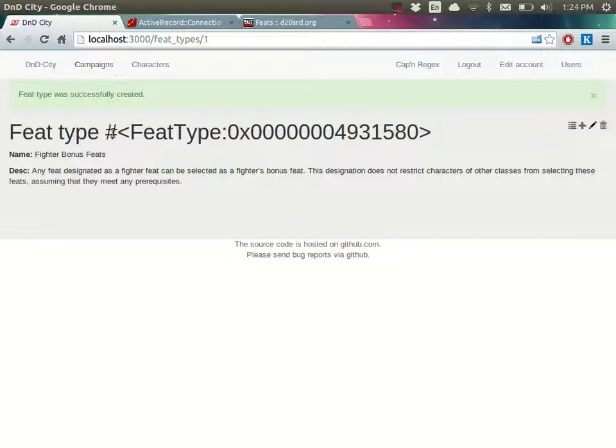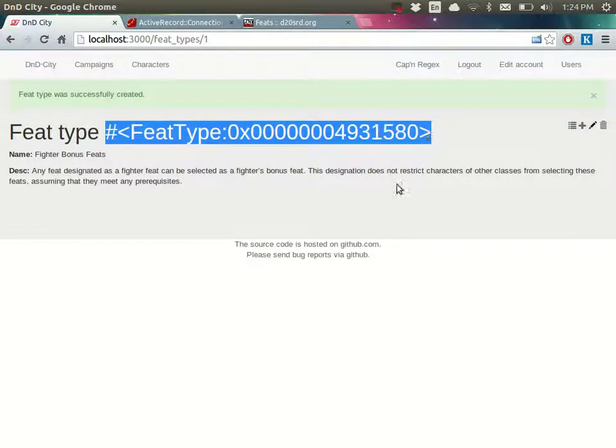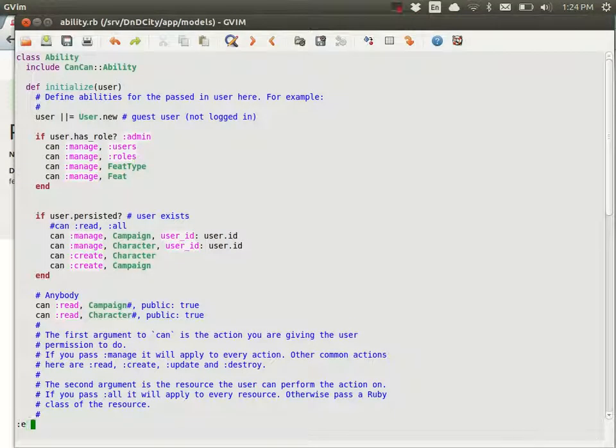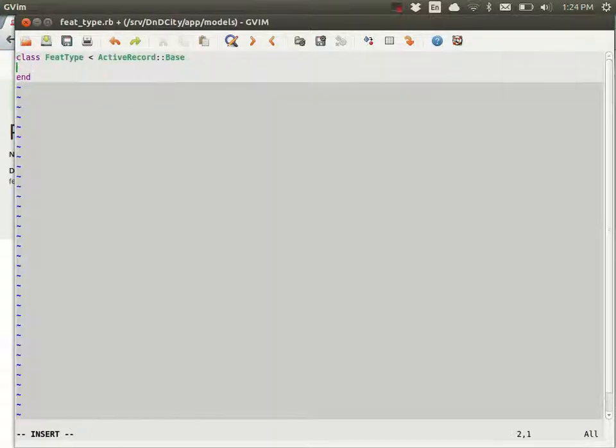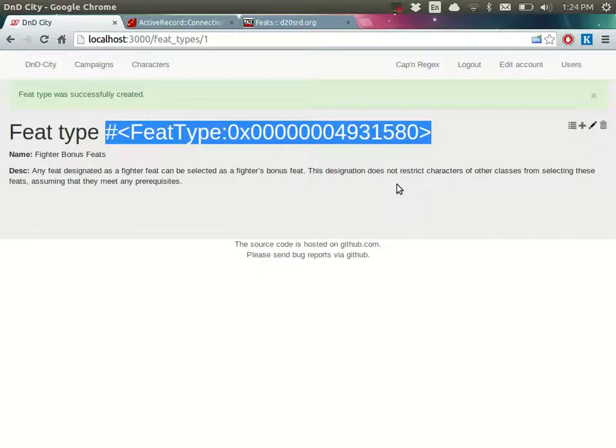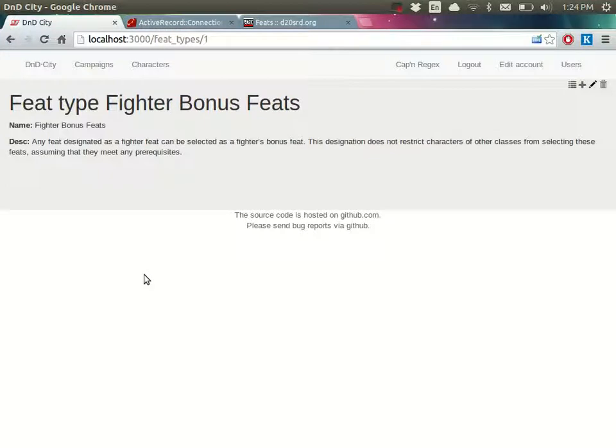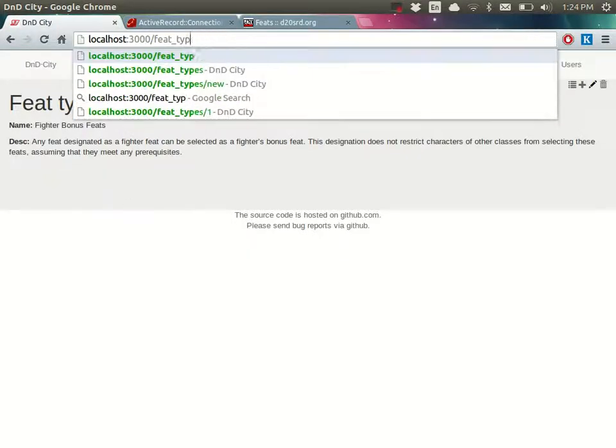Now, we have this funny string right here. It's like, oh, feat type doesn't have a thingy. So in the model feat type, def to_s, which is what converts something to a string. And we reload that. And, feat type fighter bonus feats. Okay, so that's that. And if we go back to feats,